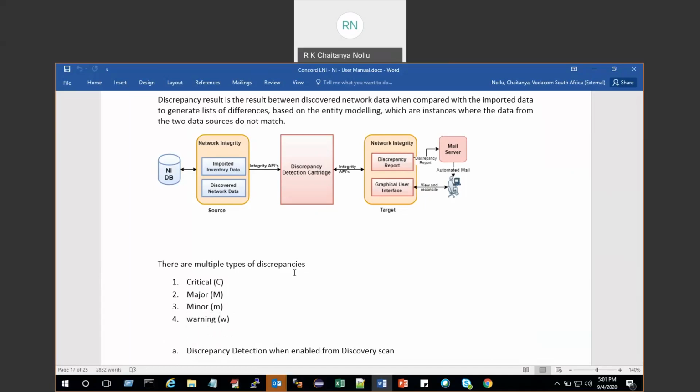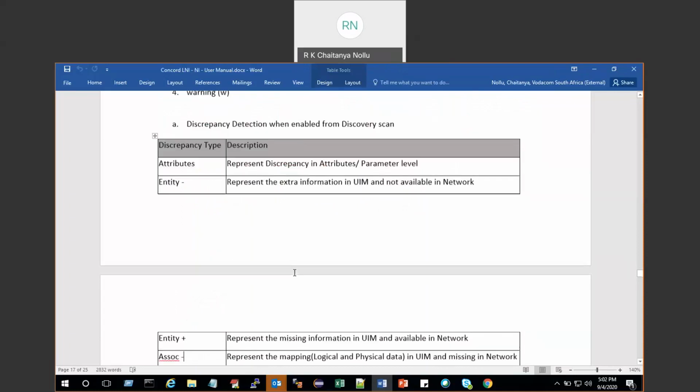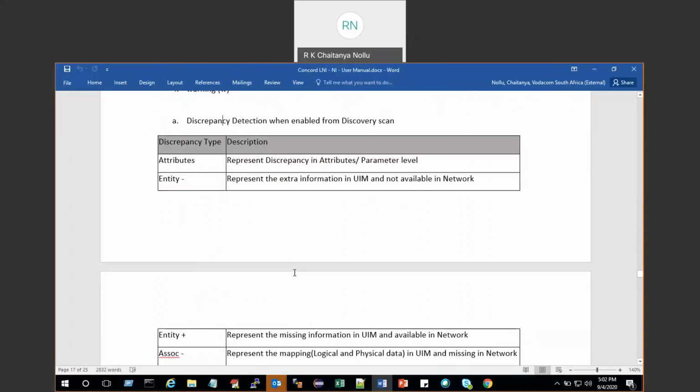the updation in the parameters or attributes of a particular entity, and critical represents if there is a new entity that needs to be added or removed from the inventory system. Those things are represented as critical. The mapping between logical and physical data will be represented as warnings, and if there is a change in the attribute, that is also shown as warnings, okay. So here, if the discrepancy detection is enabled from the discovery scan,